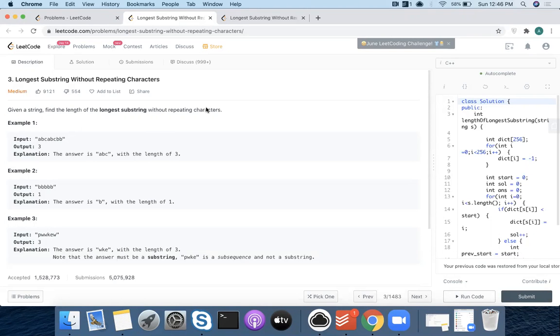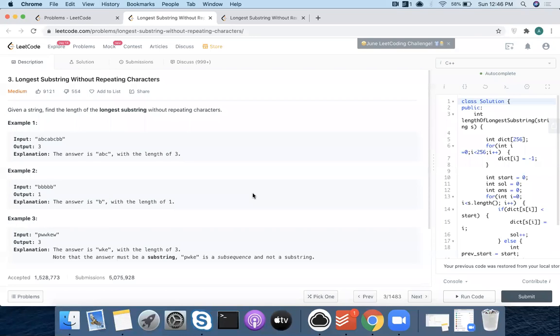How many substrings are there in a string? Do the maths and tell me. If the string is of size n, how many substrings are possible? Not without repetition. I'm just asking how many substrings are possible in a given string of length n?